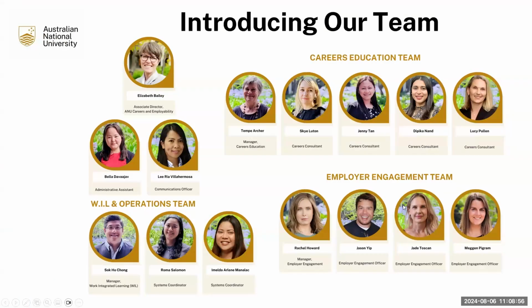Just before I start, I'd like to introduce you to my team. You might have seen some of us around. So there's 15 of us on our team. I'm part of the career education team right there on the right-hand side. And the other person that you might see as well is Sky. She tends to accompany me to some of the larger workshops that we host for you. We also have an employer engagement team who are responsible for the careers fairs, the employer speaking events, speed networking events, those sorts of things.